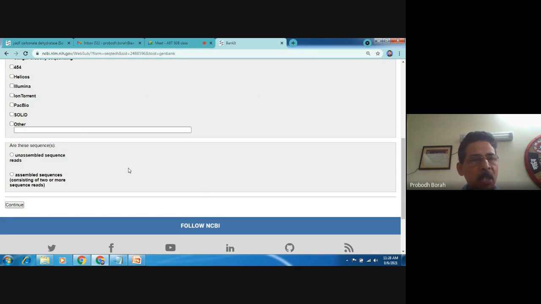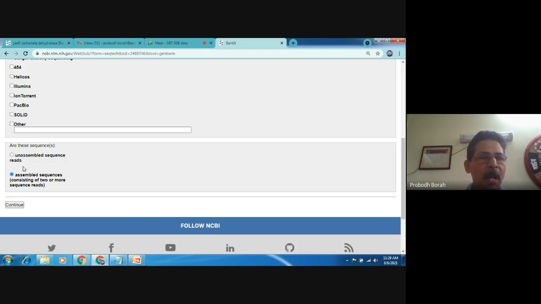or an assembled sequence consisting of 2 or more sequence reads. In our case, we have combined 2 sequences, that is the forward and reverse, and found a consensus sequence. So we will click on assembled sequence.